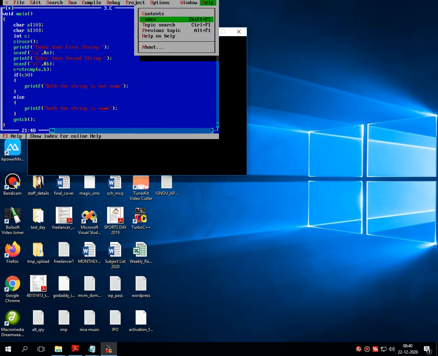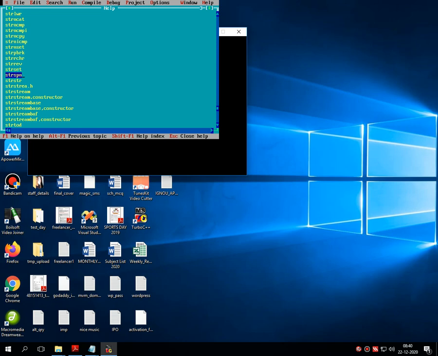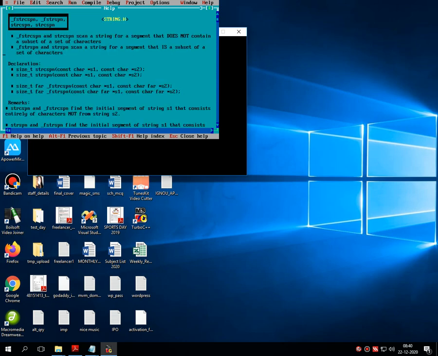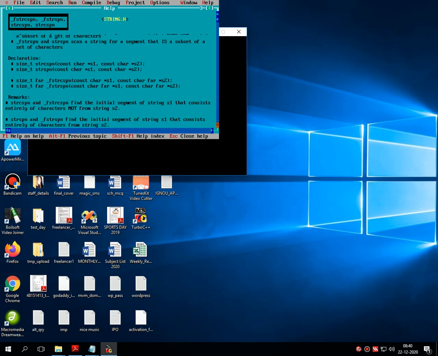The theoretical part of strspn says that strspn scans the entire string for the segment that contains only the subset of a set of characters which exist in the source string. Again I am repeating my words.